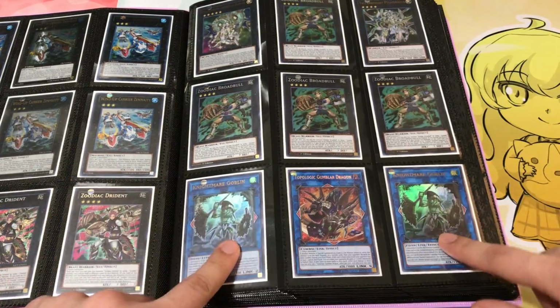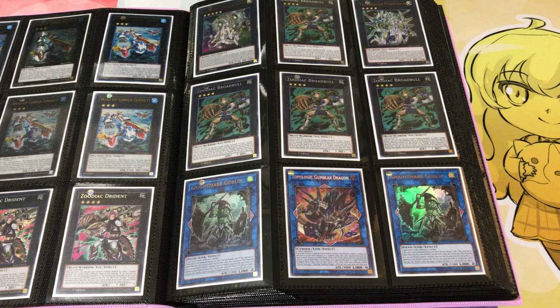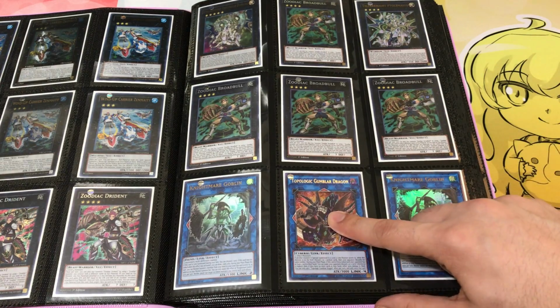Some other ones, some Link monsters that actually have been hit. Gumblar, very recently, off of the ban list. I decided to just put the one copy I had. I don't think I have any of the other ones in any of my trade binders, so I just held on to